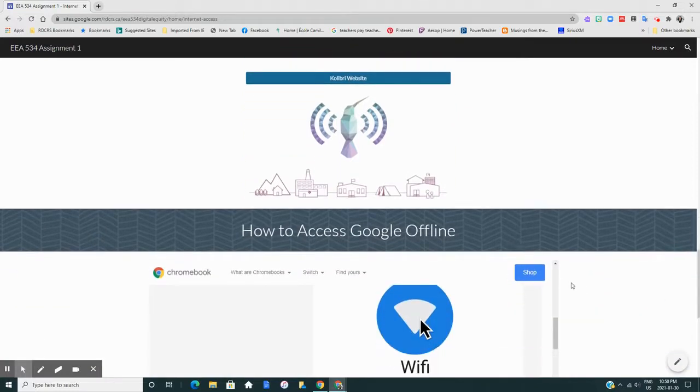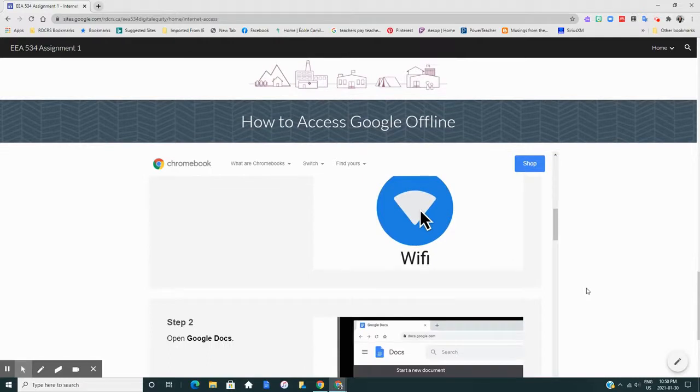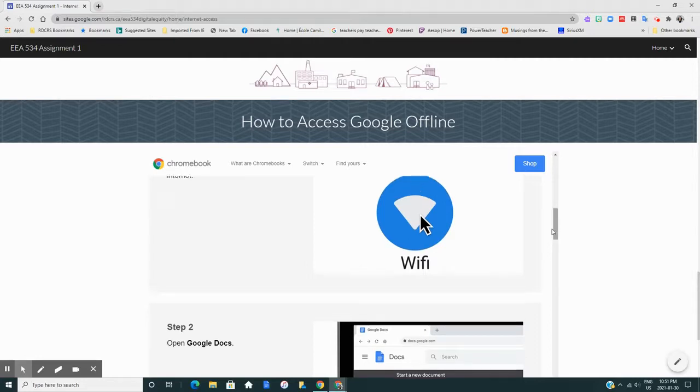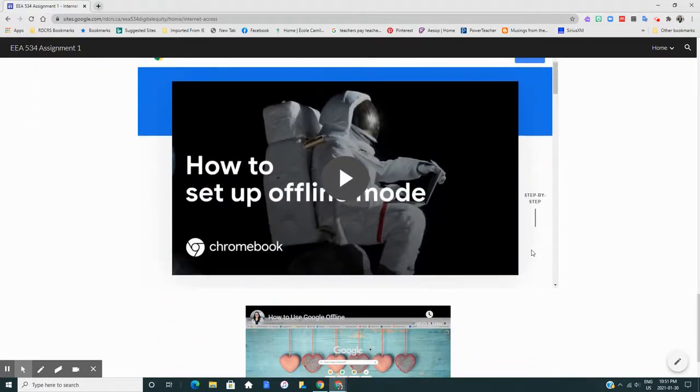The other offline tool that we wanted to highlight is Google Offline. And I think most schools are using Chromebooks because they're affordable device technology for our students. So here, this is a way for us to actually set it so that our students can take what they're working on in school and be able to work on it offline. So there's just a video